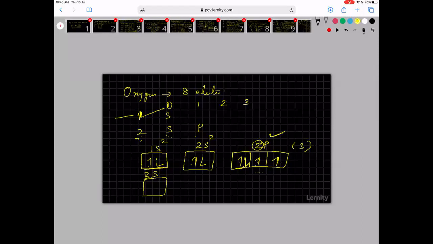Okay. Now after oxygen, what is the next element? After oxygen will be, not sulfur, not chlorine, sorry, fluorine. So fluorine will be like this. Then neon will be like this. Now neon, everything is filled. Now you go to the next one, sodium, 3s1. Then after sodium, magnesium. Then aluminium, 3s is over. Now 3p will start filling. So that's how the filling takes place.